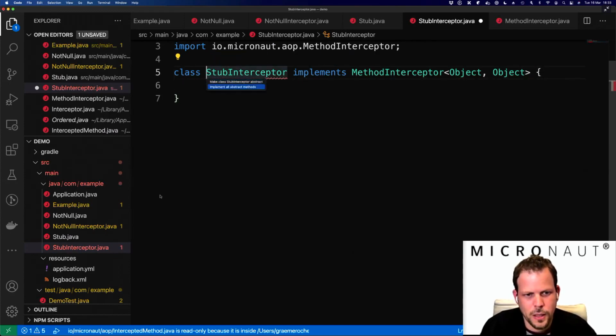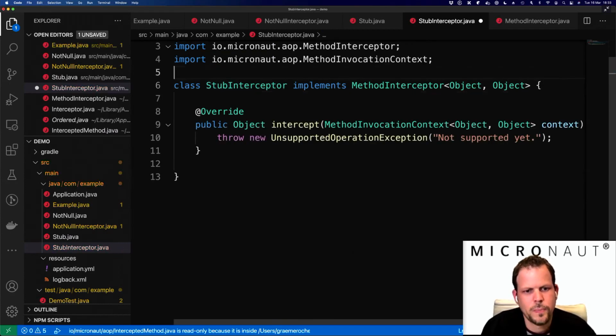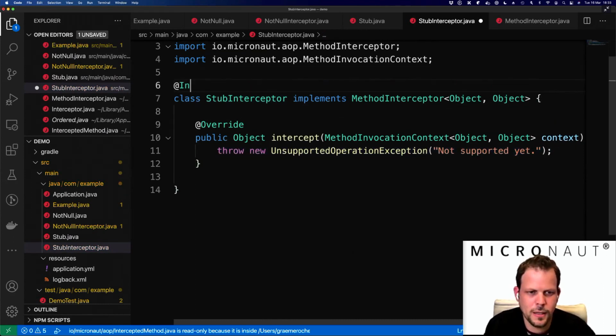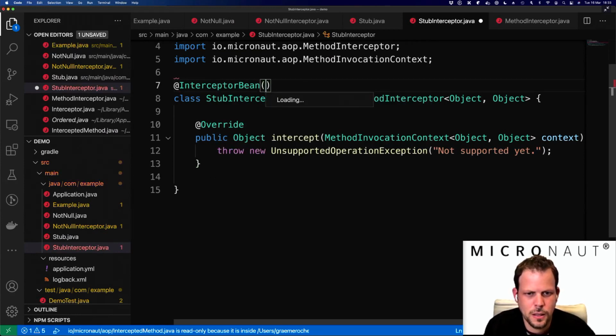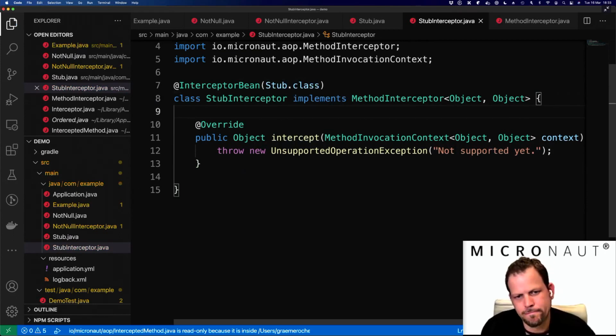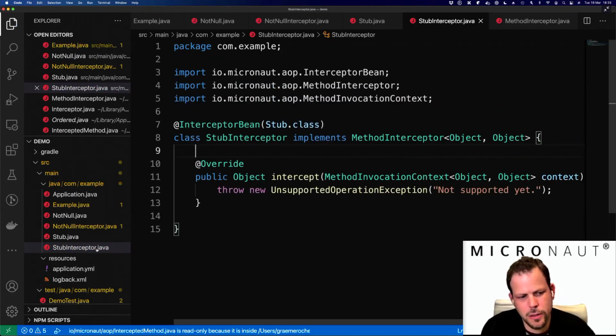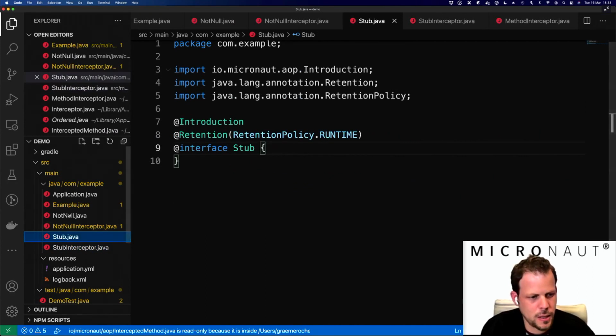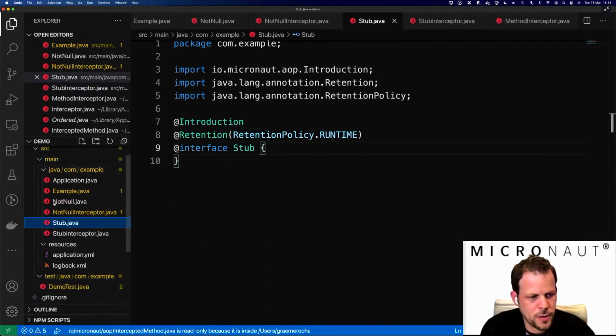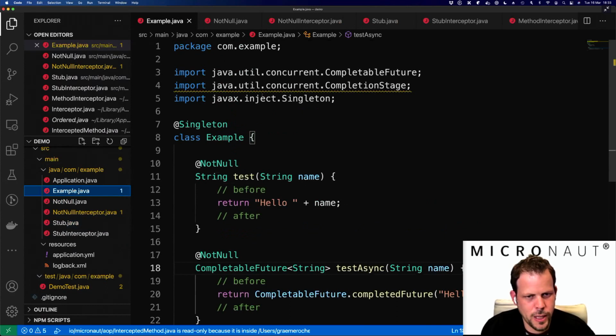And once again, we can implement the methods in this, and just for the moment, throw my exception. And again, we can add the @InterceptorBean and add Stub.class, like so. And there it is. Okay, so here's my stub interceptor. Here's my stub annotation. So let's for the moment make this